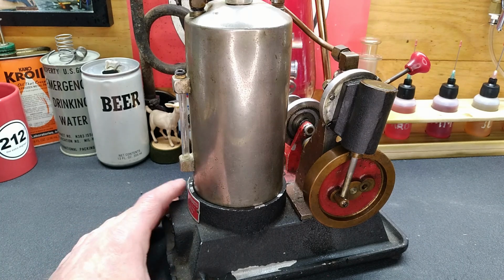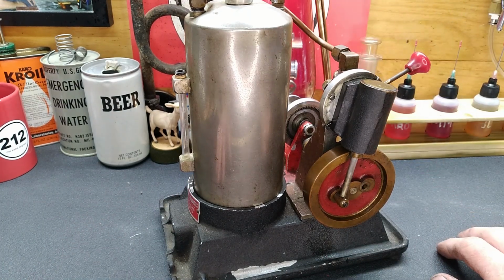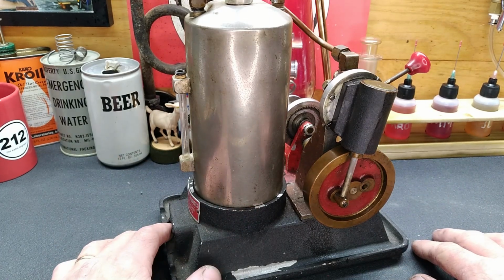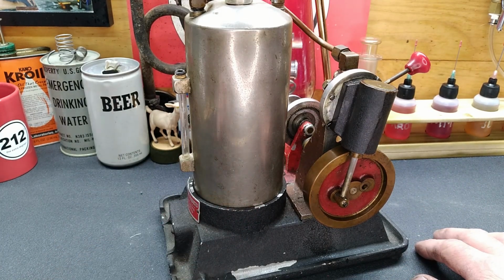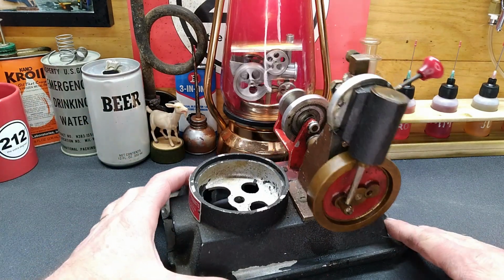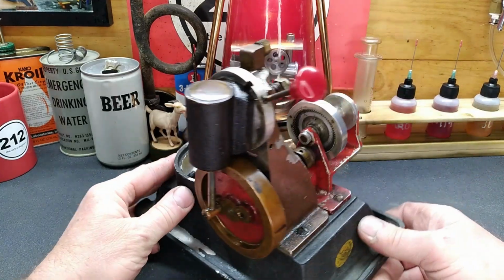All right, let me get this back off up here, and we'll get this boiler out of the way, and we're gonna blow this apart. We'll see where we go from there. All right, the boiler's missing. Heating element too. All right. Well,